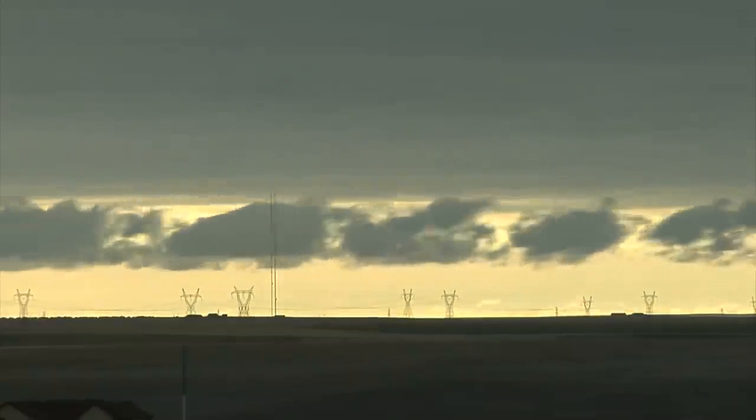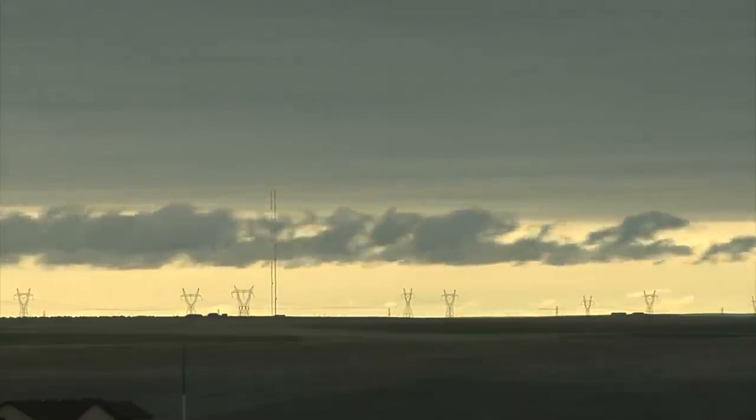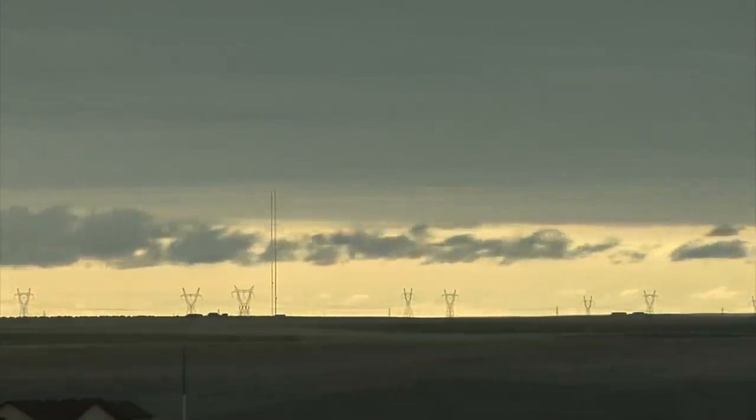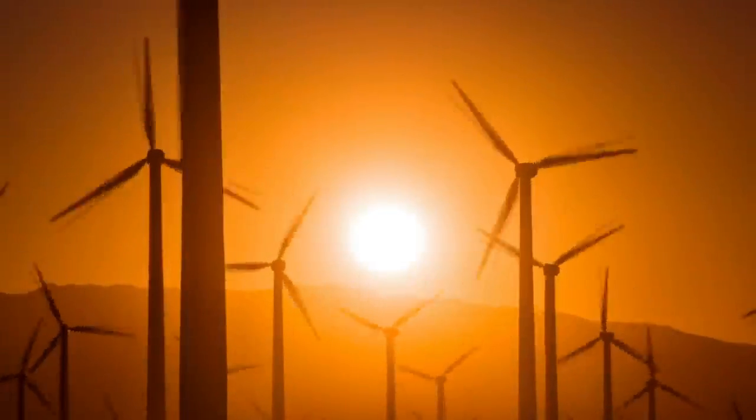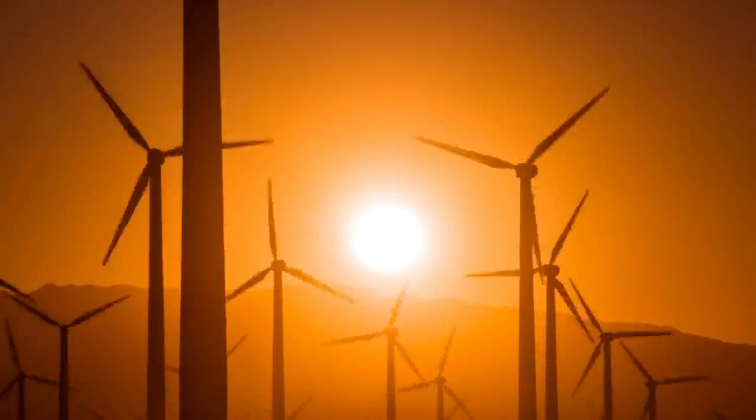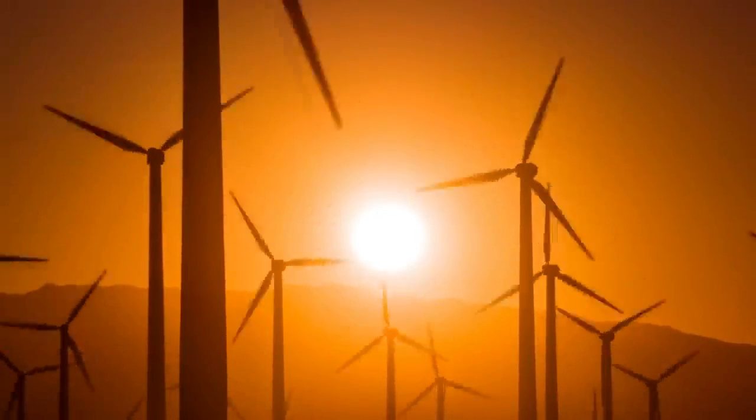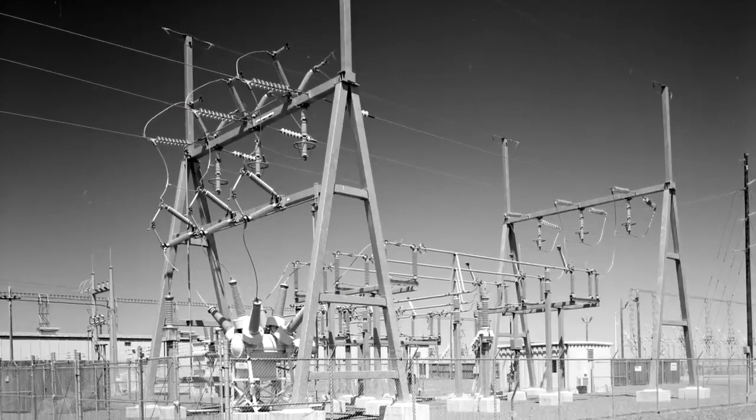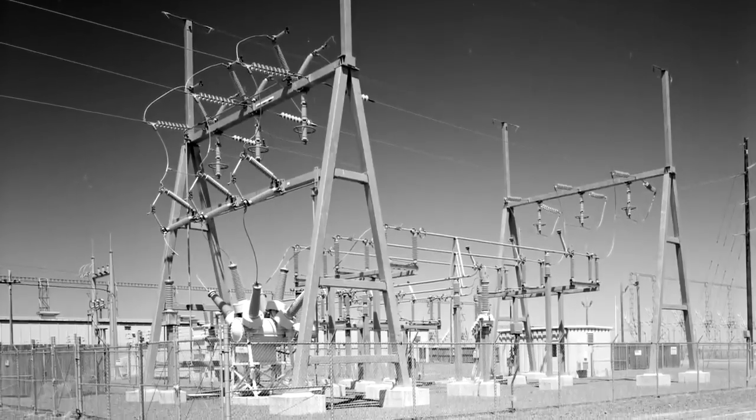As the grid gets smarter, as demand patterns change, and as we hopefully continue to replace fossil fuel generation with sources of renewable energy to curb global warming, managing our electrical infrastructure will only get more challenging. So substations will continue to play a critical role in controlling and protecting the power